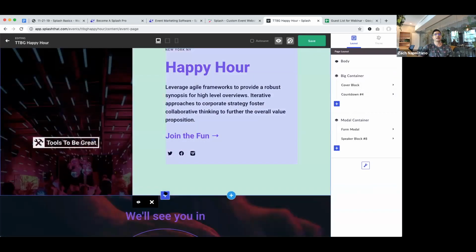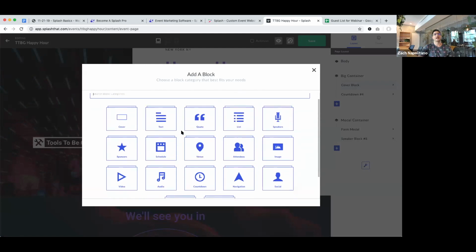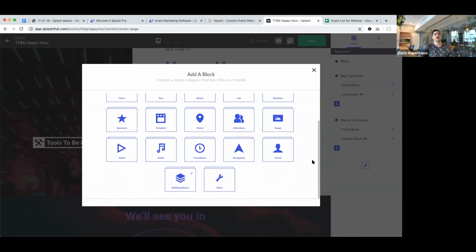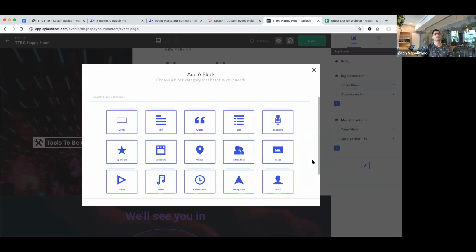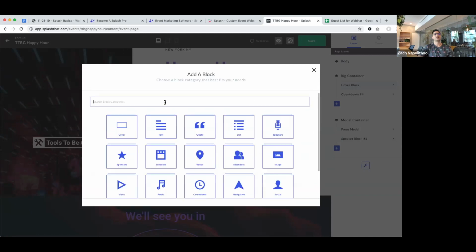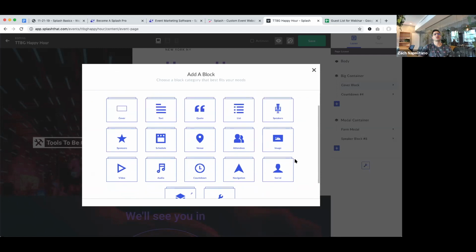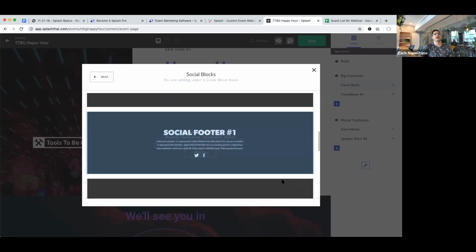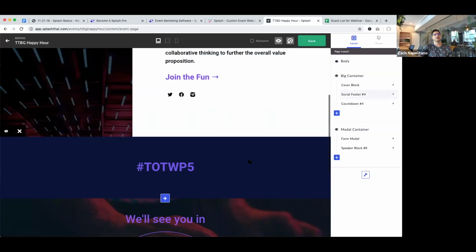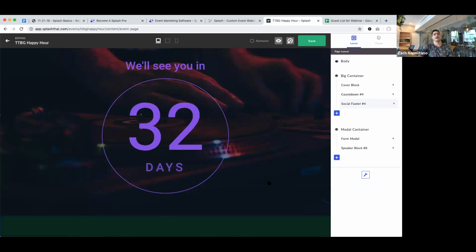In addition to that, I'm also going to upload a footer. So I'm going to go into my social category, and find a footer block. At navigation, I'm going into my footer area. Social, that's what I was looking for. And I'm going to add this big one here with a headline. Awesome. To the right, I'm just going to take my social footer, drag that down below.